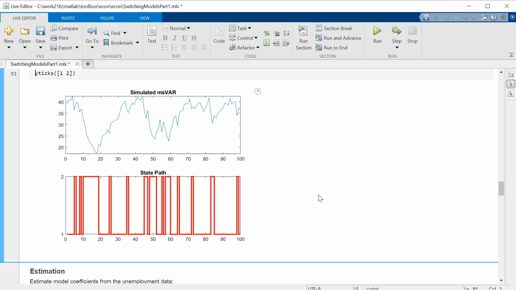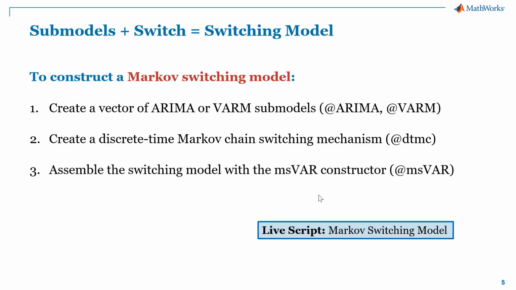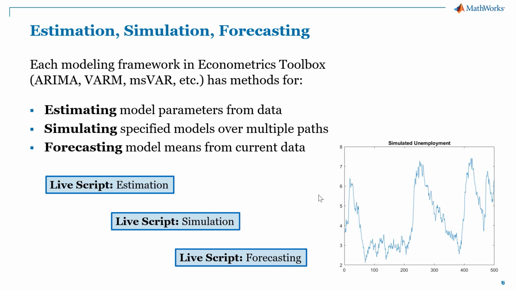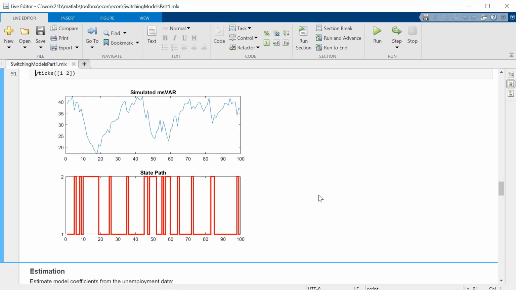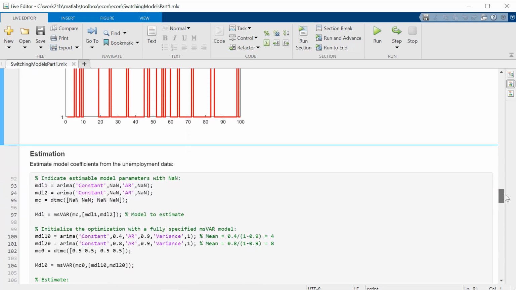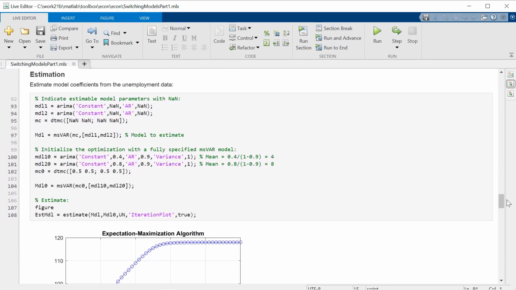So that's all there is to it for building a Markov switching model. Once you've done that, as I've mentioned, there are a number of different methods available in the MS-VAR class for making use of these models and doing the typical kinds of things you'd want to do, like simulation and forecasting. But first, let me look at the estimation method, which is an optimization algorithm that allows you to fit a switching model to the data that you have. So how would that work? What you're going to do if you want to estimate a model, instead of fully specifying it beforehand based on whatever a priori knowledge you might have of the data.